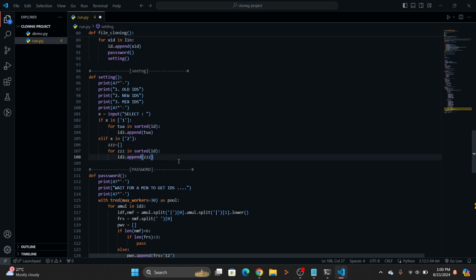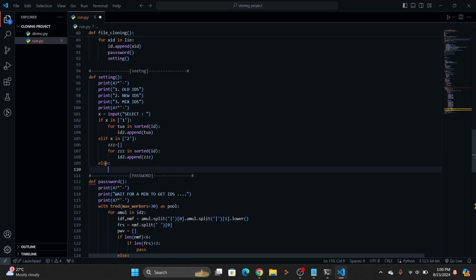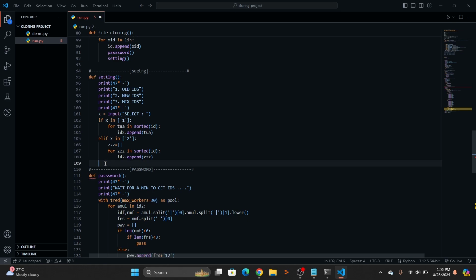If 2 is, then it will be sorted on this one, and it will just append there, completed. For new IDs, okay, for old mix IDs, do the same, no problem. We'll write here else statement, and the same for this. Okay, no, just write here if only, then after if x in 3,